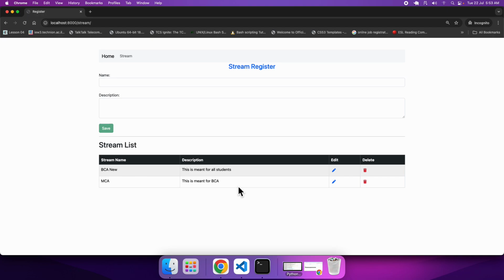Really cool application. So make sure this is what you need to follow for all the upcoming pages that you are going to do, and that's how your project will be